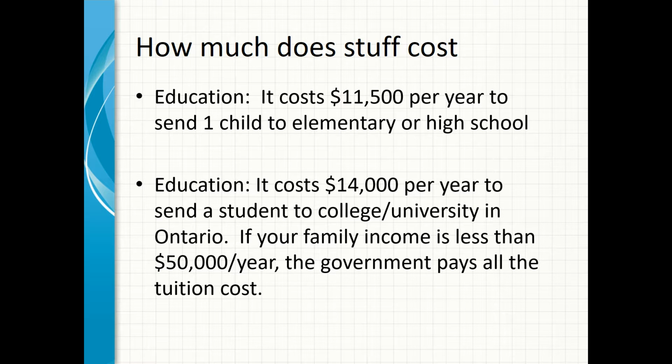And a new program that just started recently in Ontario: if you have a family income of less than $50,000 per year, so that's the whole family, like the husband and wife, if both are working or just if one person's working, the total family income has to be less than $50,000. Then the government pays the tuition, the $5,000 to $8,000 that you're responsible for. So for many people, education is free. Not books, not any other supplies, but the actual tuition is free, which could be valuable as